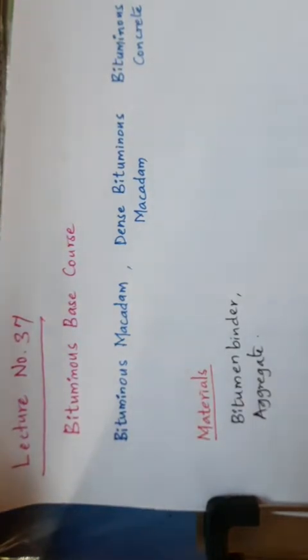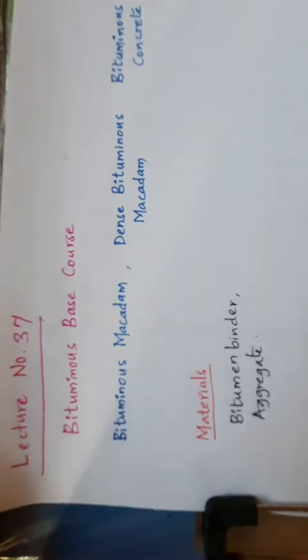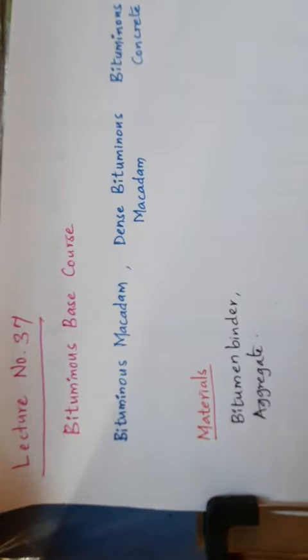If any bitumen surface is already available and you are constructing one more layer on it, and you spray the bitumen on the surface, that we call a tack coat. A tack coat is nothing but the application of a small quantity of liquid bituminous binder of very low viscosity over either a primed granular surface or any existing bituminous or cement concrete surface. Clear? So let us start with the bituminous macadam now.